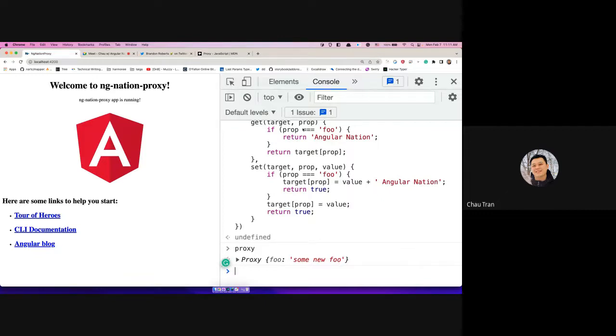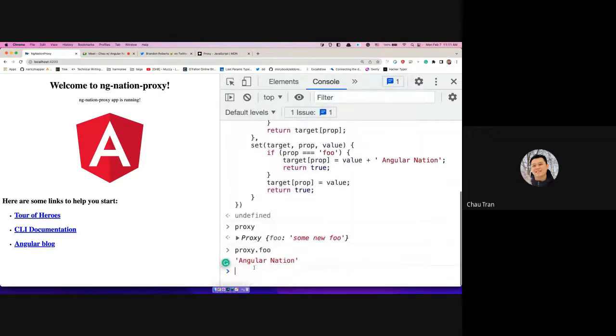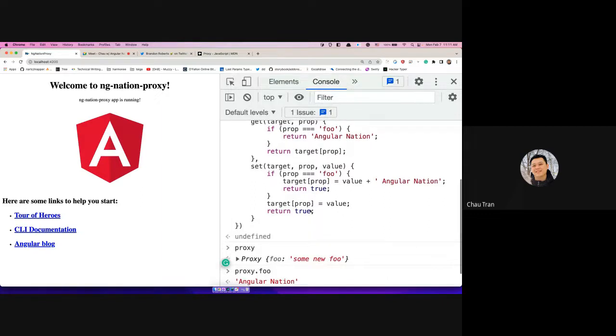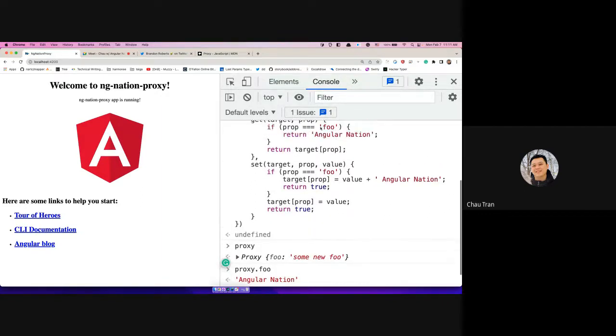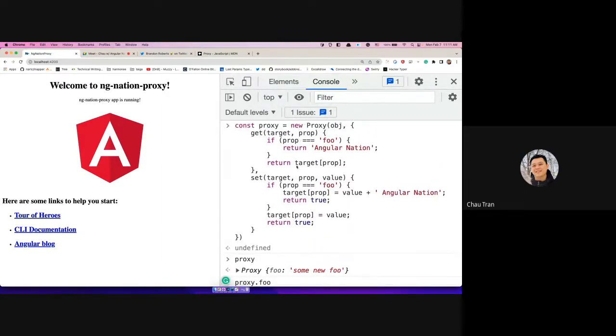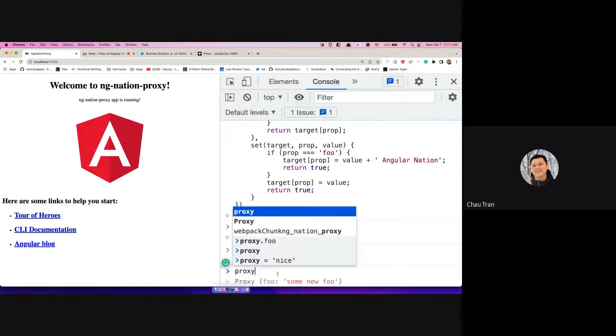This is my object. So now if I do proxy.foo, I will get Angular nation instead of the some new foo. Because I trapped the get, when you access the foo property of the proxy, I just return you Angular nation. Right, and then when I set the foo,